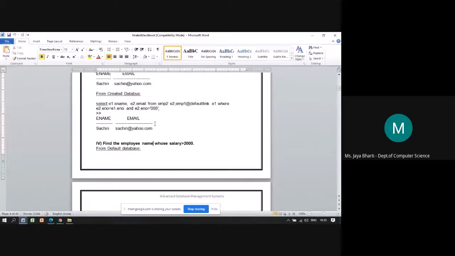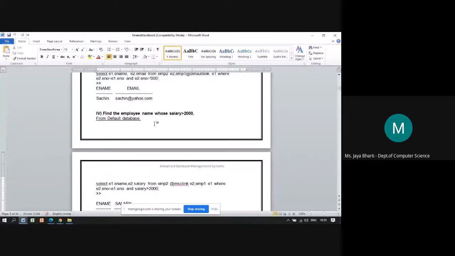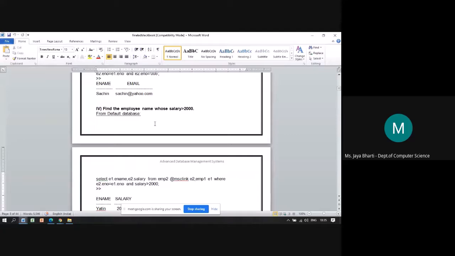The next operation: find the employee name whose salary is greater than 2000. If you see, the salary attribute is in E2, in one fragment, and the ename attribute is in another fragment. So again they have created the referencing.